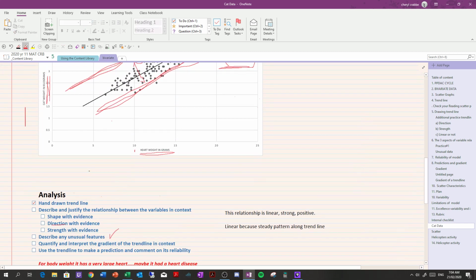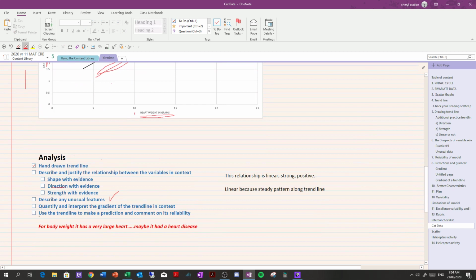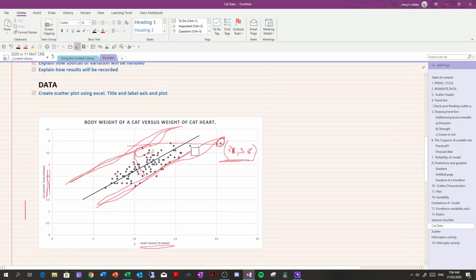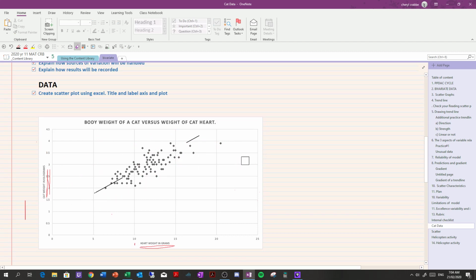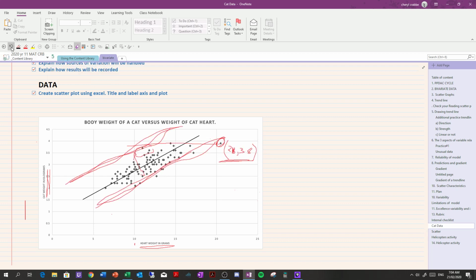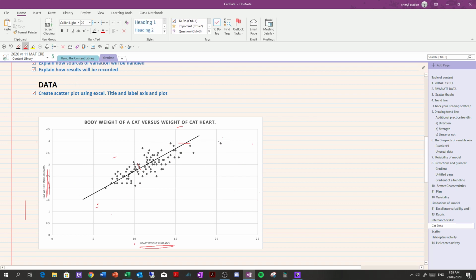And then we do the gradient, and then we use the trend line to make a prediction. So I'm going to skip the gradient for a moment, and we're going to do reliability. So if I just get rid of all my squiggly marks here. Now, making a prediction, let's make a prediction outside the data. So let's make a prediction outside the trend line. I'm going to go, okay, well, the last piece of data here. So if I was to extend my line and go out to say 25, all the way out here,